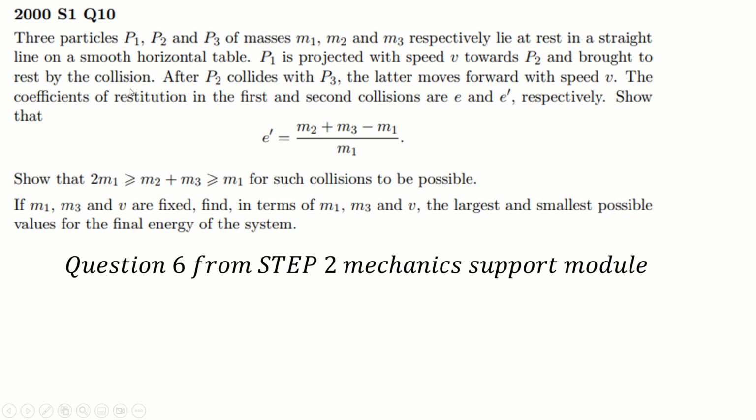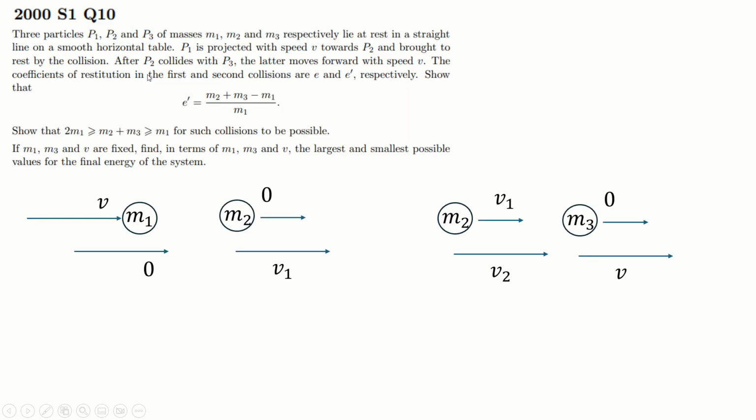This is actually an old Step 1 question from 2000, question number 10, but it's now in the Step 2 curriculum. So it's question 6 from the Step 2 mechanics support module. You have three particles, P1, P2, and P3, with masses M1, M2, M3. P1 is projected towards P2 and brought to rest by the collision. P2 then is obviously moved to the right and collides with particle 3, and the latter moves forward with speed